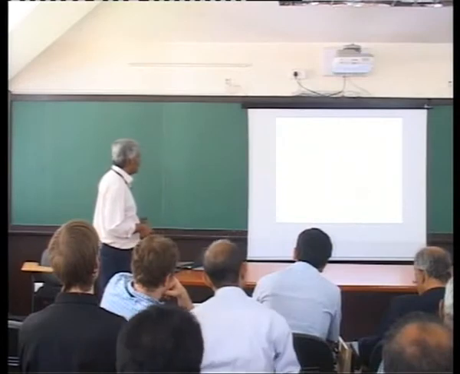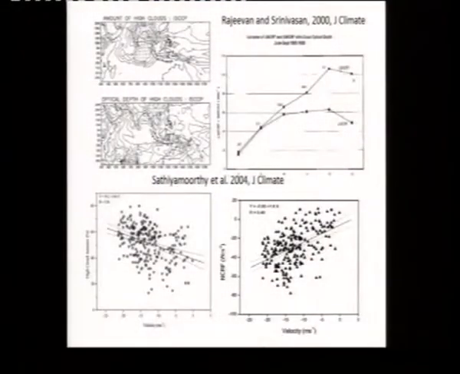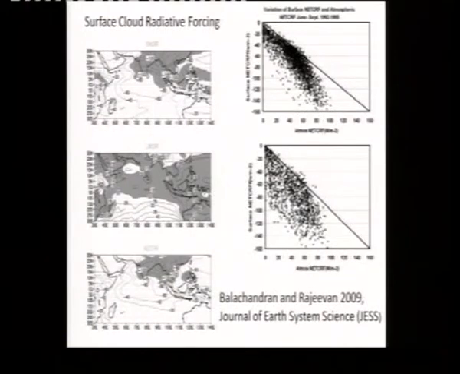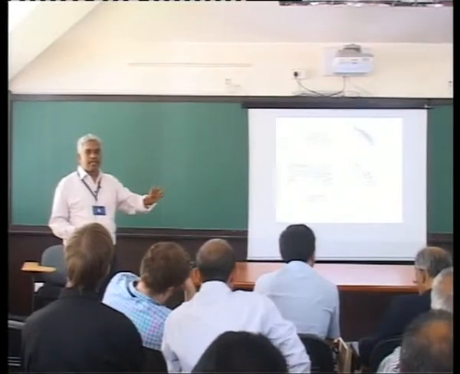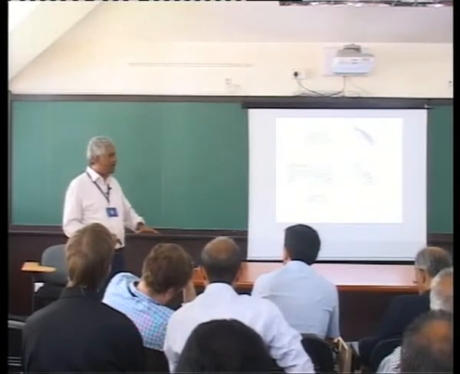Satyamurthy said that this is because of the strong easterly jet. The high clouds we get over the Bay of Bengal are because of the strong easterly jet. Okay, fine. And this is also seen in the surface radiative forcing. If you calculate using a radiative transfer model, put ISCCP clouds there and calculate the radiative forcing at the surface, we